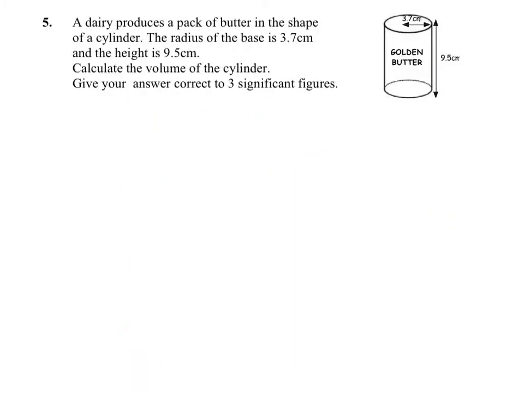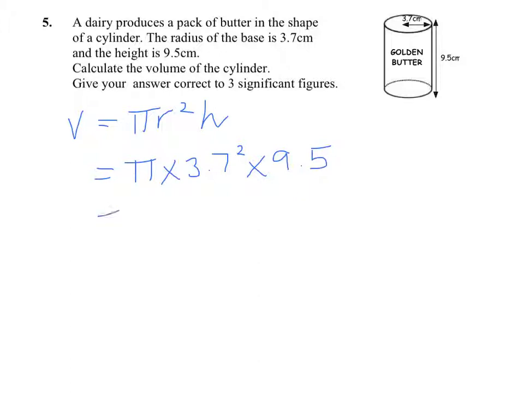Third question is the volume of a cylinder. And the volume of a cylinder is given by pi r squared h. Pi r squared, remember, gives us the area of the circle, multiplied by h to get the volume. So pi times 3.7 squared times 9.5. Again, just being careful how you put this into your calculator,